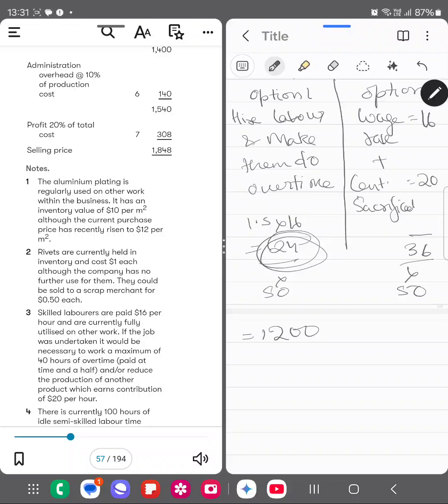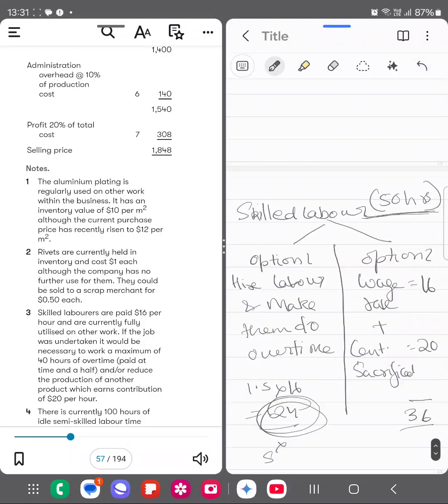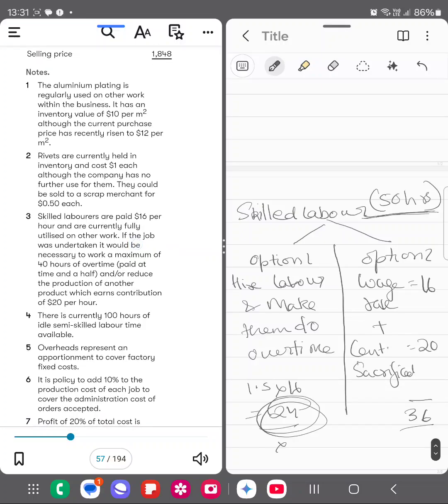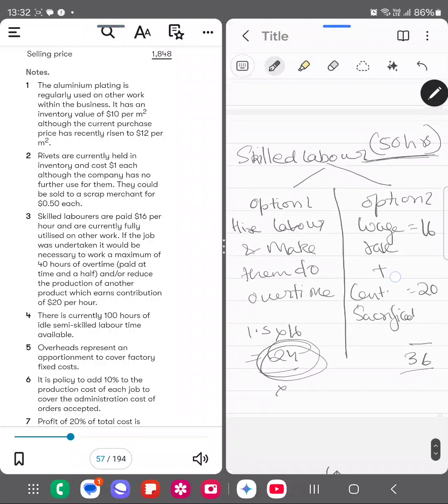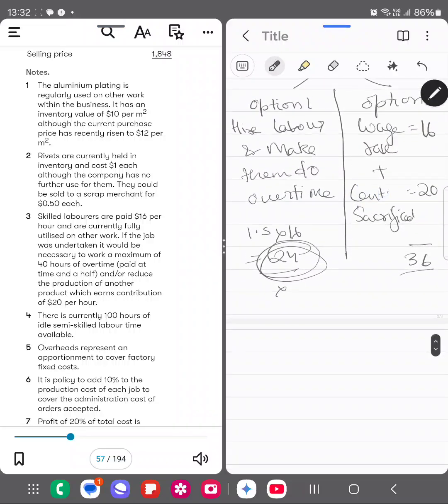But okay, so another thing which I need to mention to you all over here is, I just didn't read it properly. It says that skilled labor are 16 per hour and are currently fully utilized on another work. If the job was undertaken, it would be necessary to work on a maximum of 40 hours. So one thing is, like, if we totally,